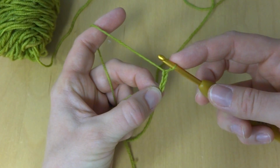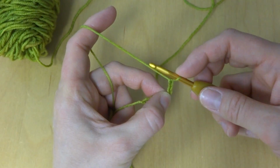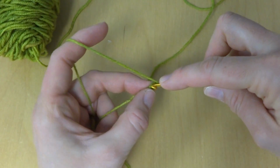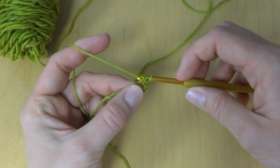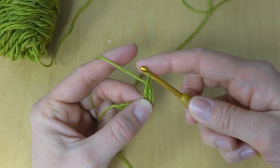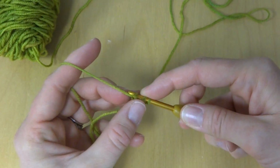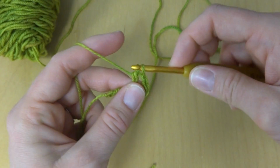In the 4th chain from the hook, we're going to work a double crochet, chain 1, double crochet, all in the same chain. To work a double crochet, wrap yarn around hook, insert the hook into the chain, bring up a loop, wrap yarn around hook, bring it through the first 2 loops, wrap yarn around hook, bring it through the last 2 loops on your hook. Then we're going to chain 1, then work another double crochet, all in the same chain. This will make our first V,